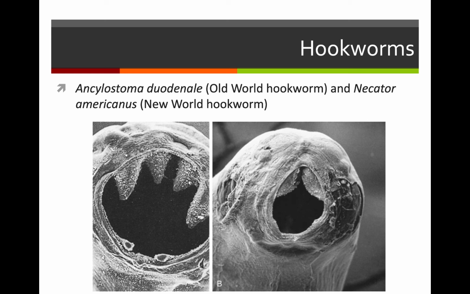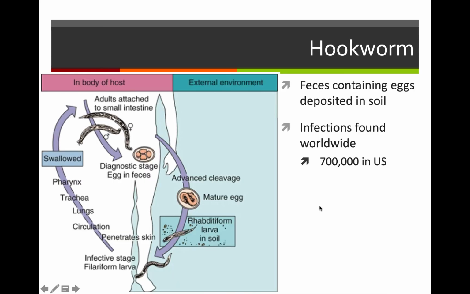These are more commonly thought of as pathogens in our pets, but they can infect us too. There are a couple of different hookworms, the old world hookworm and the new world hookworm. They have these kind of like biting mouth parts that help them to burrow and attach. Generally what will happen